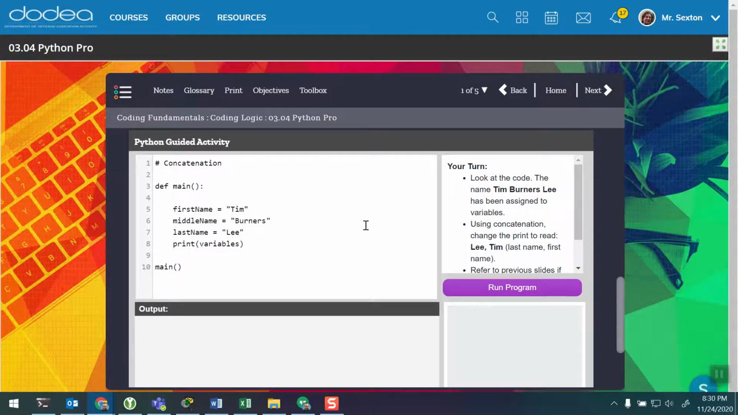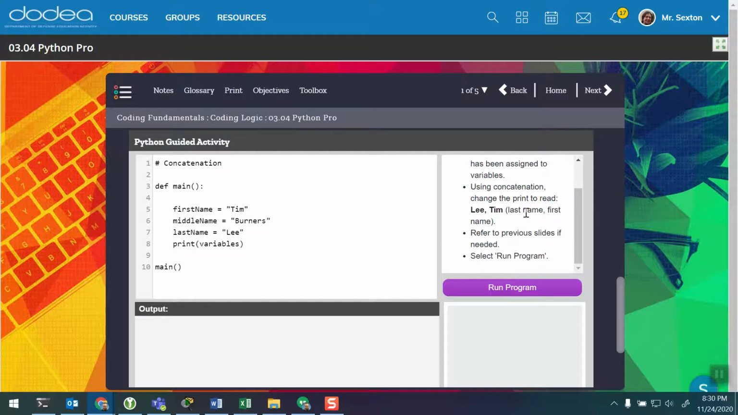Alrighty. So this one is asking us to do the concatenation ourselves. So we have first name Tim, middle name Berners, last name Lee. So if I do first name plus middle name plus last name, I'm just gluing the three names together. If I click run program,